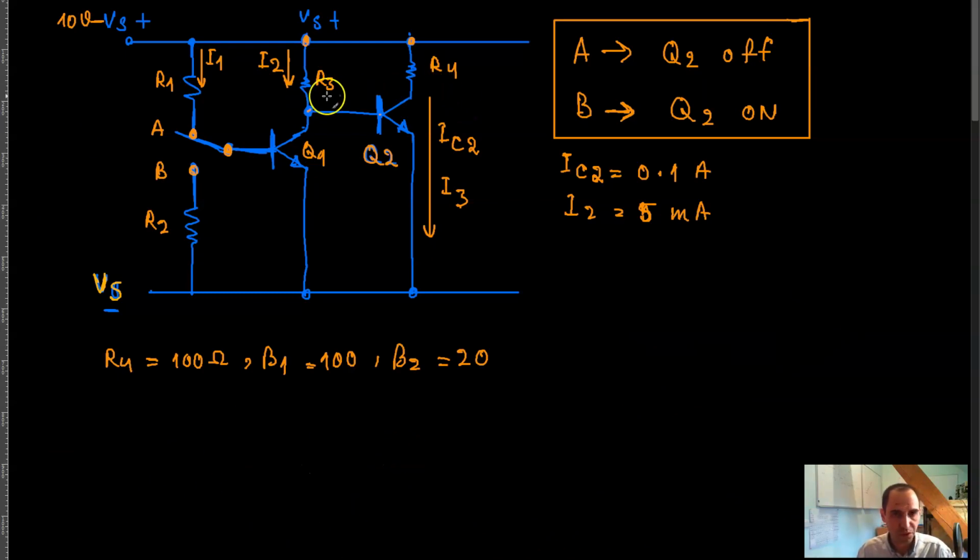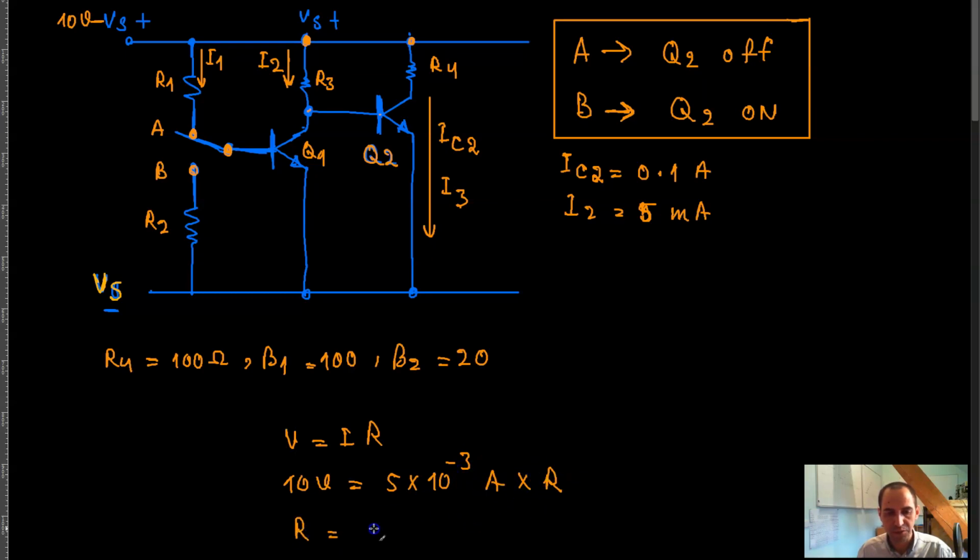If I of 2 is 5 milliamp, then this resistor has to be some value. You can simply apply Ohm's law to this resistor to find out what it has to be. So V is equal to IR, and the voltage across this resistor, I'm going to take it as the supply voltage, because you can see that the supply voltage comes over here through this resistor, goes to the base of the transistor, to emitter, to ground, right? Now your supply voltage is 10 volts, so you don't have to worry about the voltage drop across the base emitter junction. So the whole voltage is essentially across the resistor. And so the voltage over here is 10 volts, and your current is 5 milliamps,